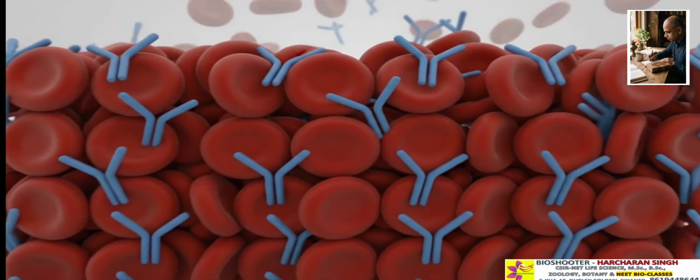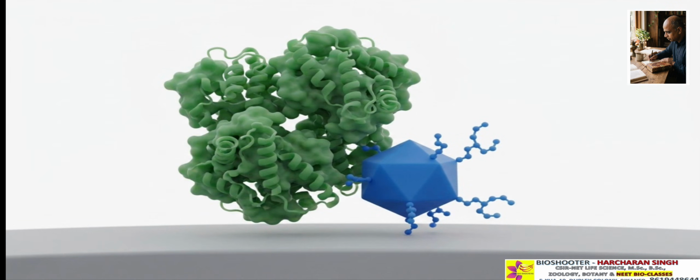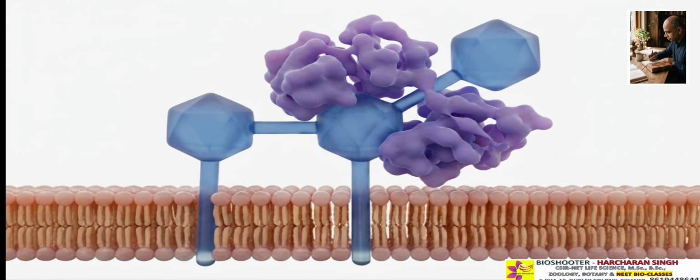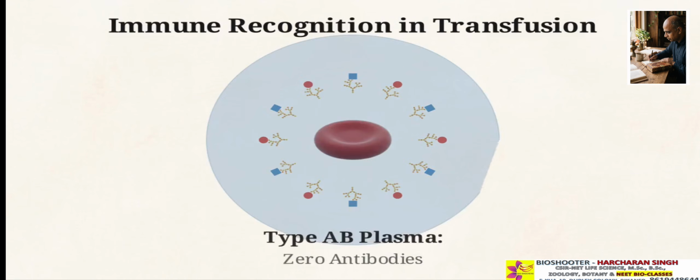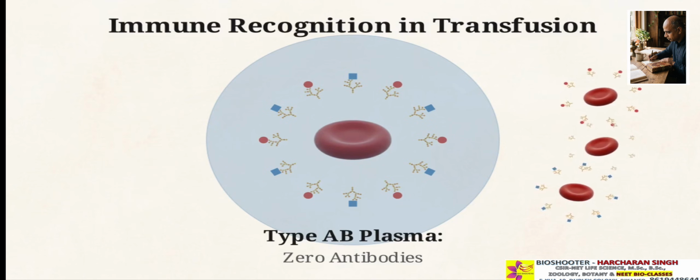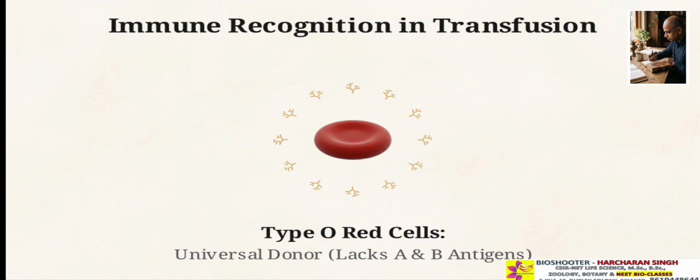In advanced research settings, we use specific plant proteins called lectins to detect these antigens. Dolichos biflorus binds the A antigen, Griffonia simplicifolia isolates the B antigen, and Ulex europaeus marks the H antigen. These rules of immune recognition define transfusion medicine. Type AB plasma contains 0 antibodies, permitting those individuals to act as universal red cell recipients. Conversely, Type O red cells lack both A and B antigens, allowing them to bypass a recipient's antibodies as the